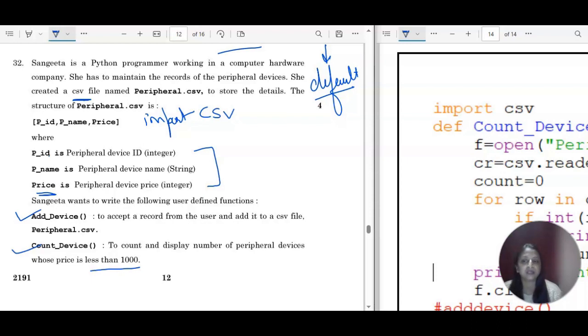So how can you fetch the values? This one you can fetch with 0 because the indexing is 0. For a list, how can we fetch the element of a list? If the list is L, then L[0] is for the first value, L[1] is for the second value, and L[2] is for the third value. Okay, so we actually have to work with the third value, so L[2], if the list variable is L.